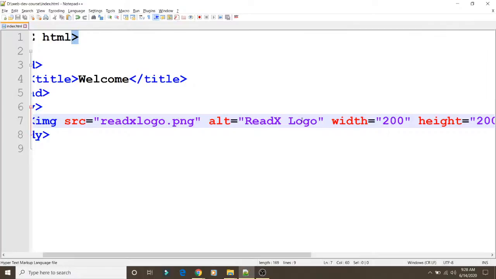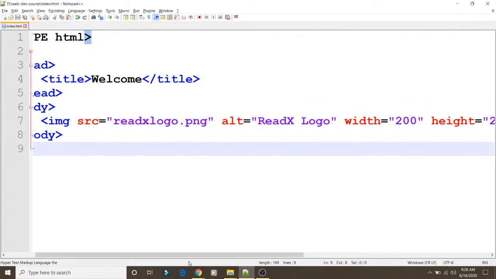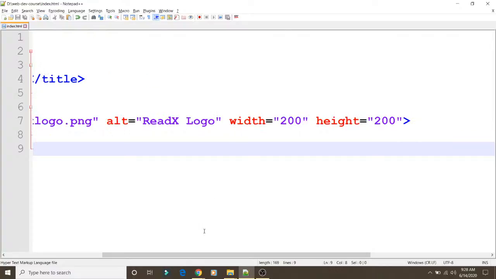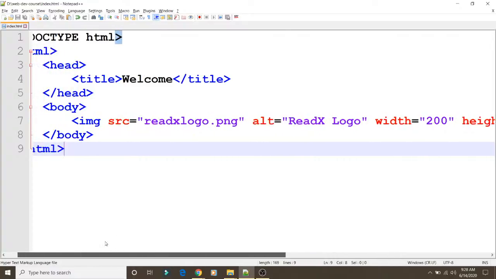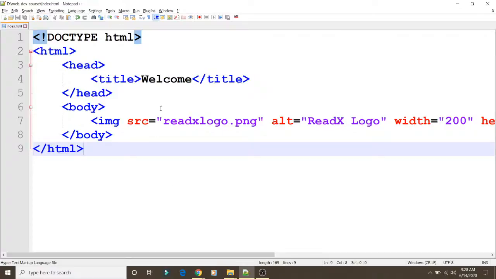If you do not mention the width and height, the image will appear in your web page in its default size, whatever the size of that particular image is. If you check some websites, you might have seen the logo is very small.